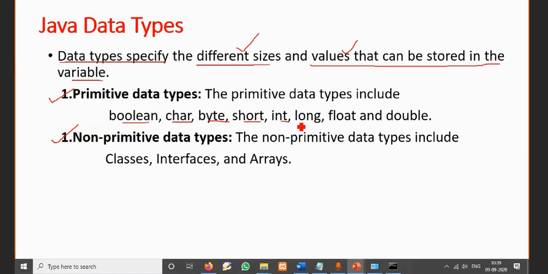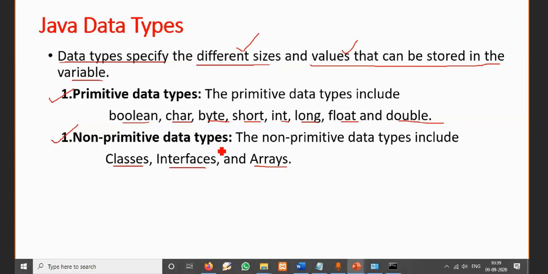All these we sometimes call predefined data types, instead of primitive. And the non-primitive data types are class, interface, arrays, structures, what we have studied in C. All these we call non-primitive data types.